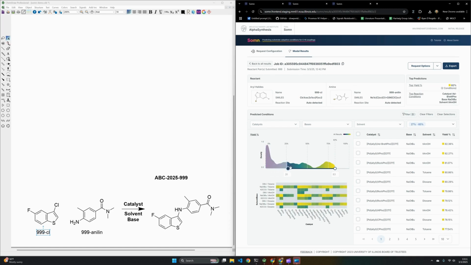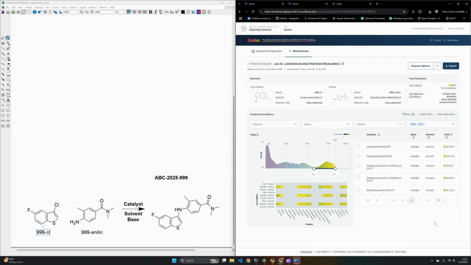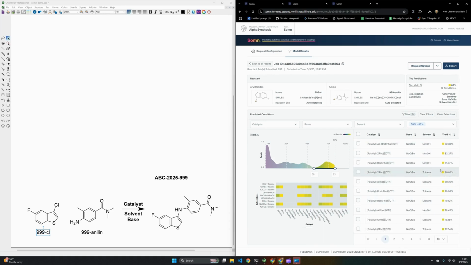If I set a filter for the predicted yields, and let's say I want to look at the high end of this density plot, you'll notice something: the base-solvent combination is kind of more important than the catalyst. That is, the strong base seems to work much better. That's a prediction, at least. And then the catalysts, there are quite a few that seem to work quite well. Now you can see on the low end, we've got about 60% up to just over 80%, and I can export these results.